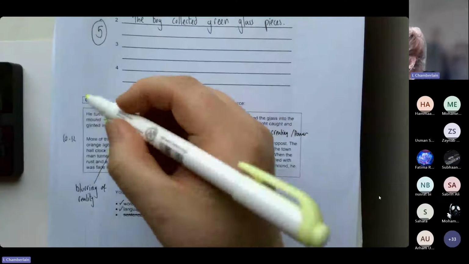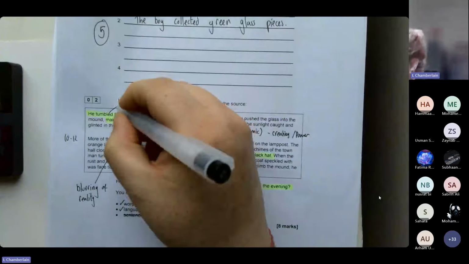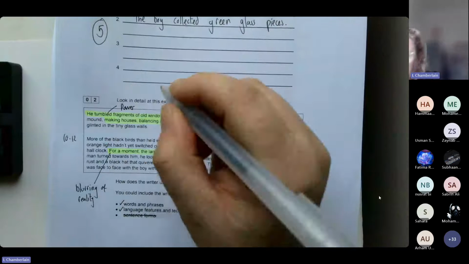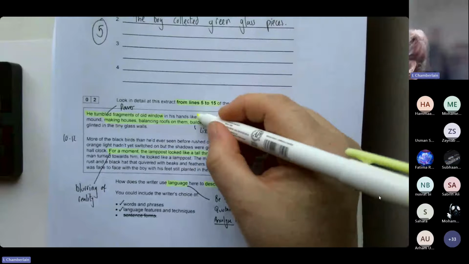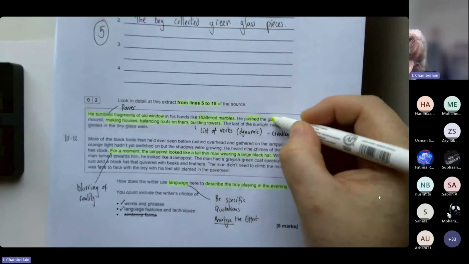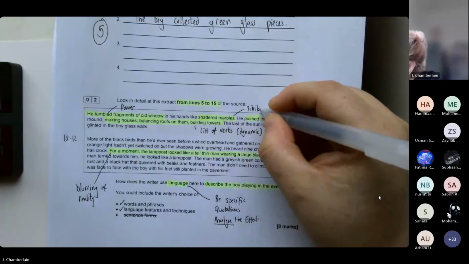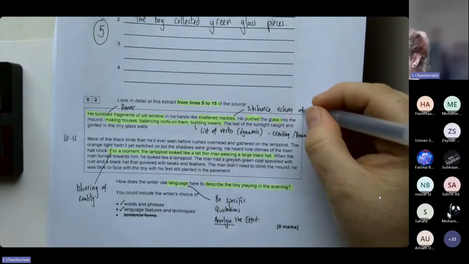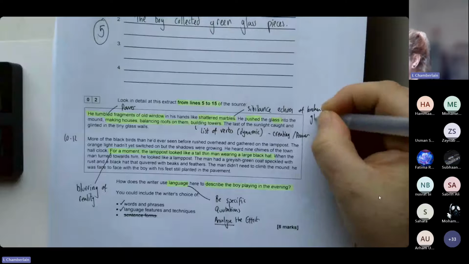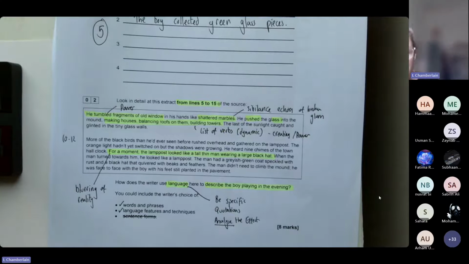Because the other thing here is it says that he tumbled fragments of old window. So again, we've got this real sense of power from him. He's very much in charge of action. We've also got sibilants here: shattered, marbles, pushed and glass. And this sibilance creates echoes of broken glass. And again, that tells us that he is using his creativity and his imagination to turn something broken and damaged